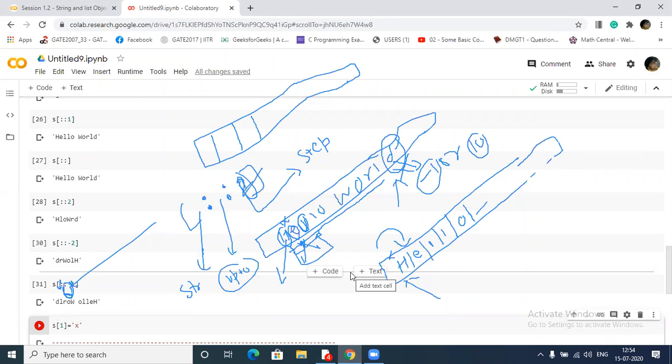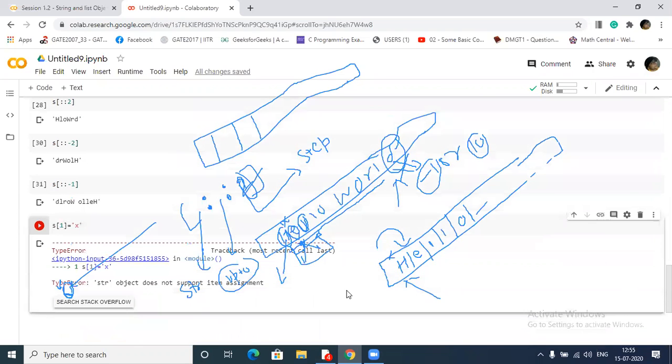So if you want to perform this action, you have to copy this string into another variable, and then you can change it, but in the original copy you cannot change it. Let me run it and show what the error is saying: a string object does not support item assignment.